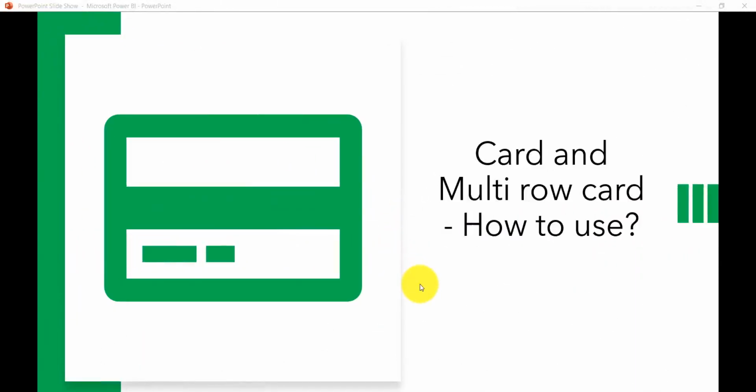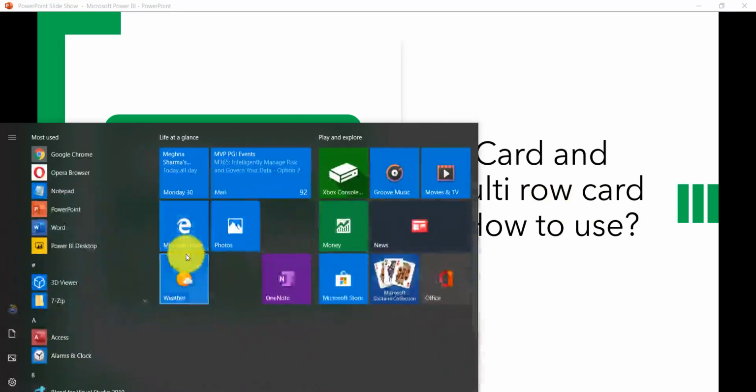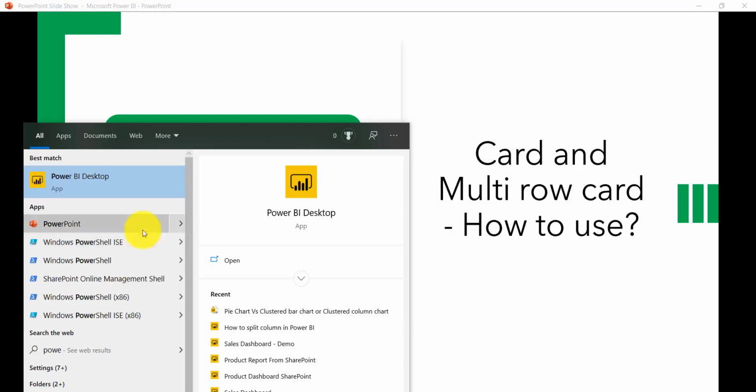In this lecture, we will see how we can use the card and multi-row card visualizations in Power BI. Sometimes we require to display one value in a card. So we will see how we can use that and how we can use the multi-row card as well. So I'll open my Power BI desktop and I will open the last